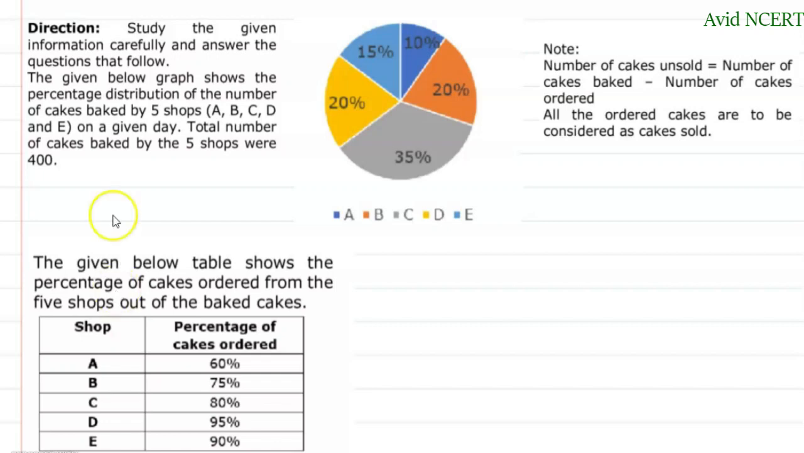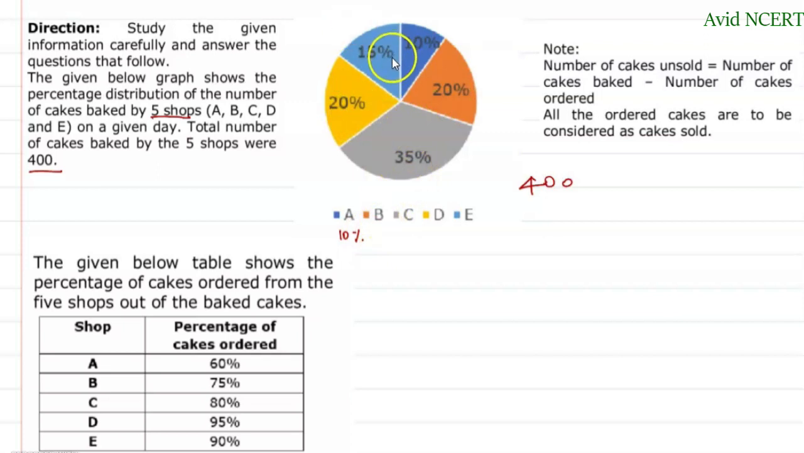This is Geeta. Study the given information carefully and answer the questions that follow. The graph given below shows the percentage distribution of the number of cakes baked by 5 shops on a given day. The total number of cakes baked by the 5 shops was 400. So this is the percentage distribution out of 400 cakes: A, the dark blue color, is 10%. So A made 10% of cakes, B 20% of cakes, C 35% of cakes, D 20% of cakes, and